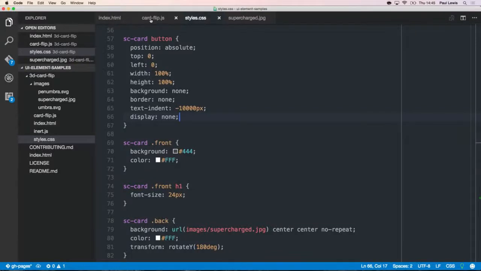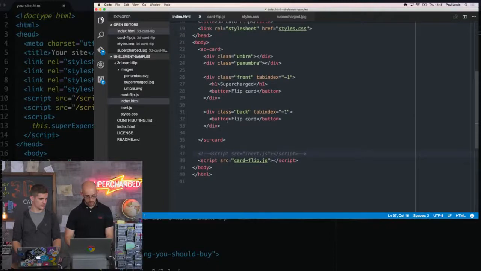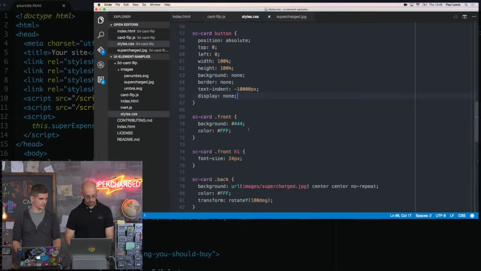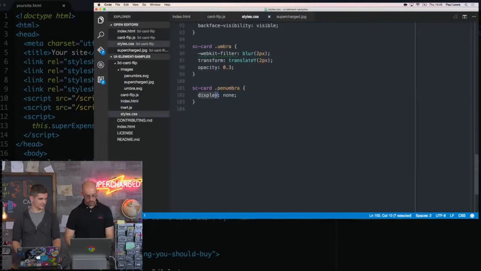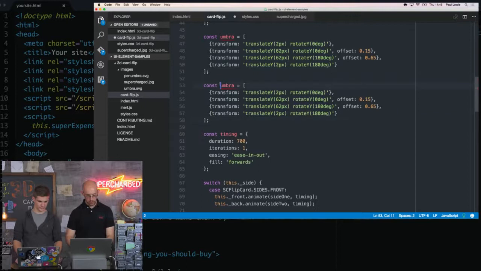And I think what we'll do is just temporarily do our penumbra now. So I will do the penumbra stuff, which is going to require getting rid of this particular code, and we will do this. Bring this across, and we're going to start it off at 0, and we're going to blur it up to 12 pixels. Okay, and over here the penumbra. We'll take this little chunk here, call this penumbra,